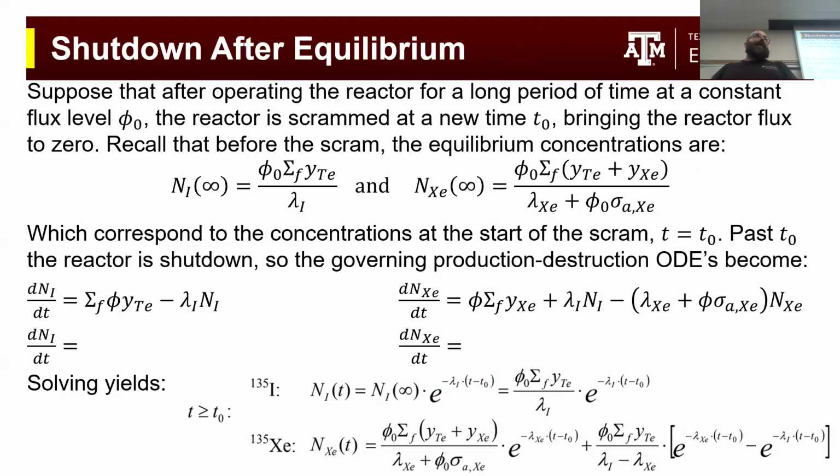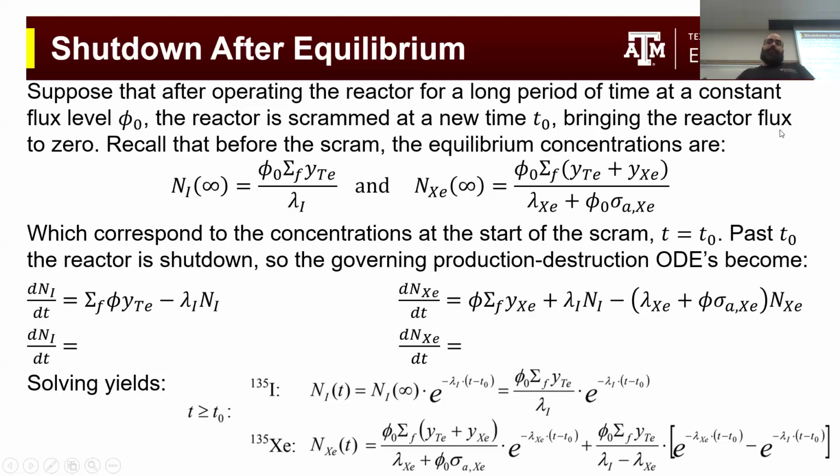So that's how they build up after a startup. And then once we've built them up, at some point we're going to have to shut the reactor down. So we want to ask the question, how do these nuclei concentrations evolve after I decide to shut the reactor down? I'm going to assume that we're operating at a constant flux of phi zero before we shut it down. And then at a new time t0, we're going to shut the reactor down, which brings the